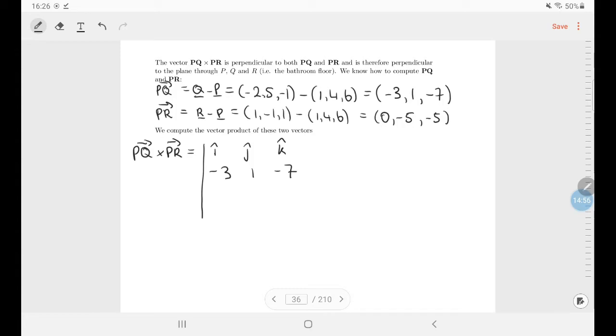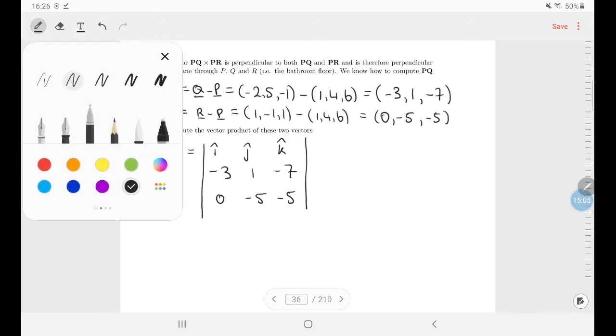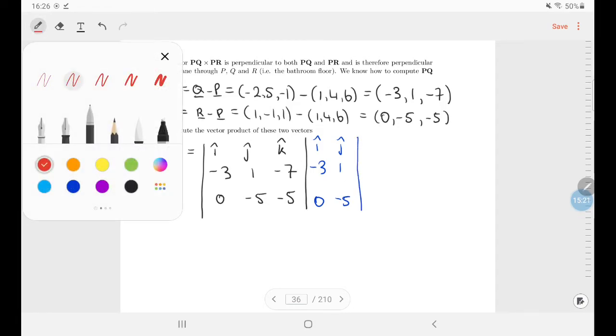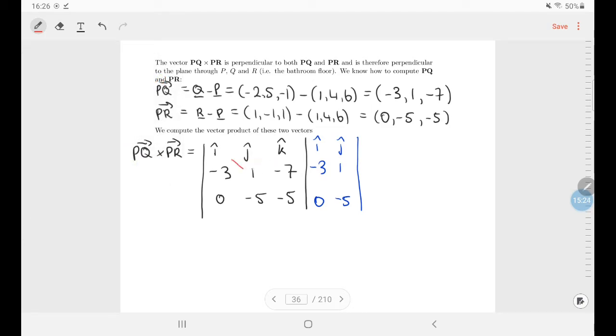The components of PR, which are 0, minus 5, minus 5. Remember the whole time you can pause me in these videos. Write the first two columns, i, minus 3, 0, then j, 1, minus 5. And we're going to do the right down diagonals minus the left down diagonals, as we've seen before. So i by 1 by minus 5, j by minus 7 by 0,